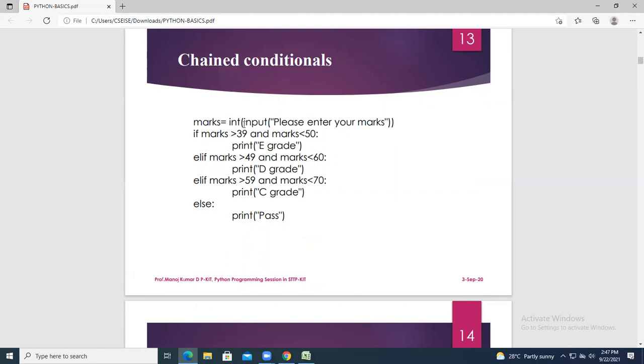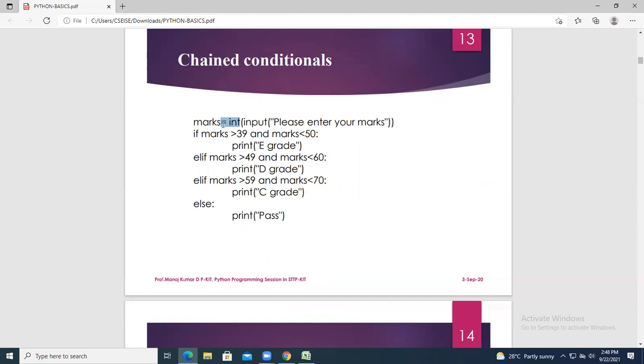How to give the value? Take the same input statement, but before the input, you add the word int. If it is a string, no need, just give input, enter your name. If you are entering the name, no need of int. If you are entering the marks, you have to give it as int here. So for integer variables, input will come with int.